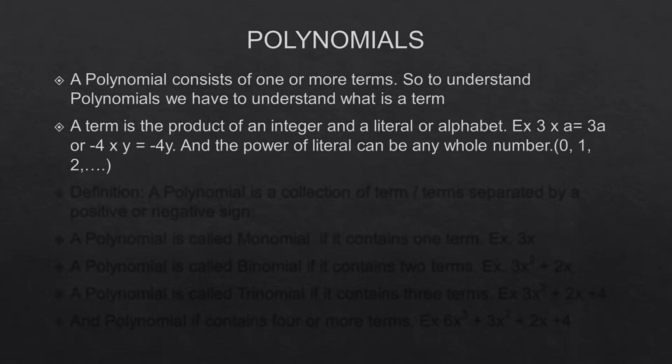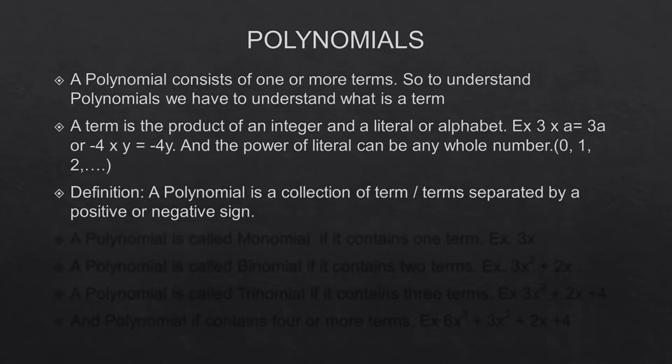The number is always written first followed by the alphabet, or minus 4 into y is equal to minus 4y, and the power on the literal can be any whole number. Not 0, as anything raised to power 0 is 1, so it can be any natural number from 1 to infinity. So the definition of polynomial comes to be: a polynomial is a collection of terms separated by